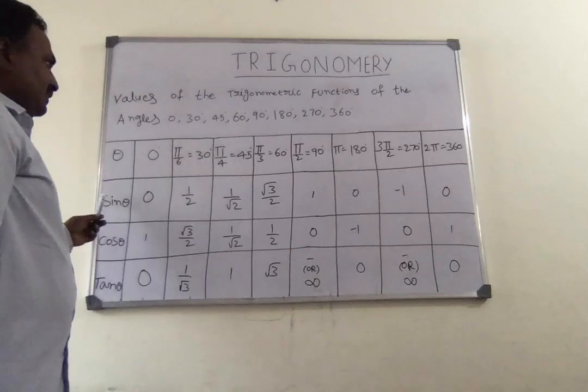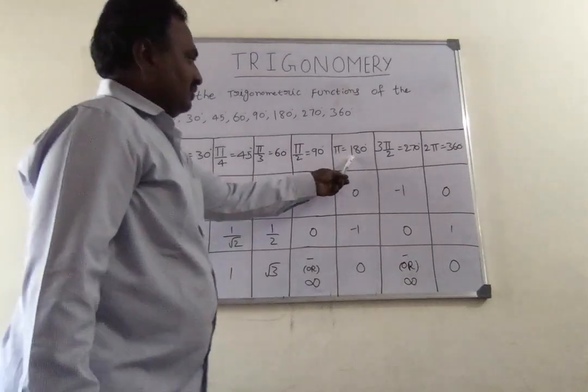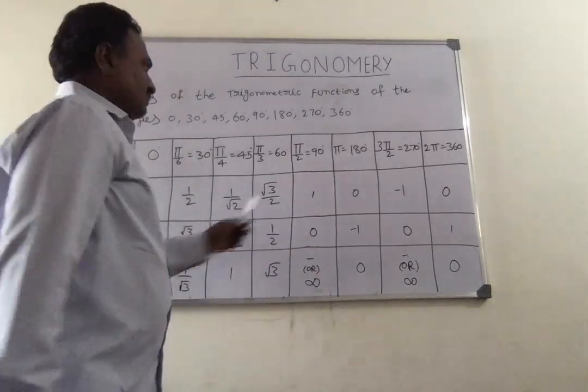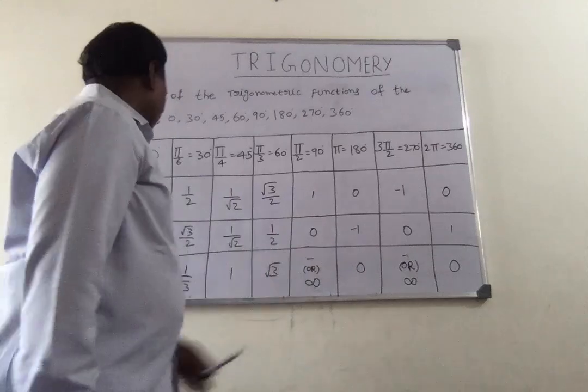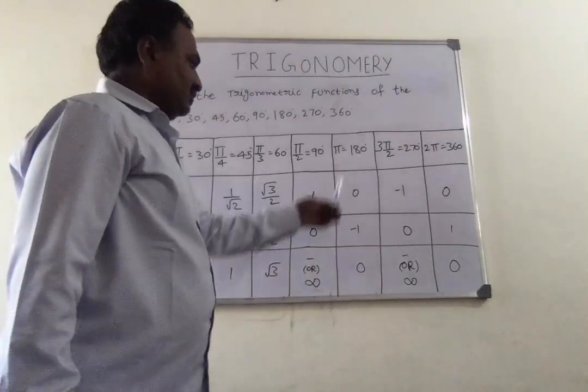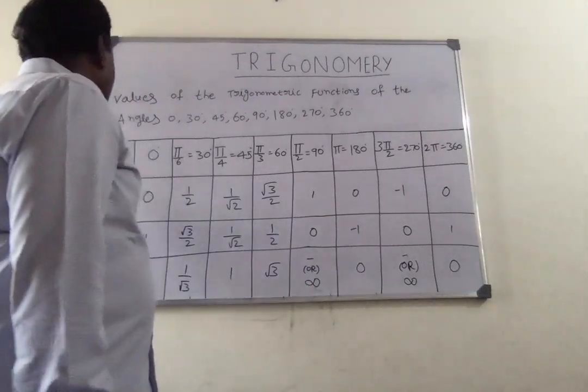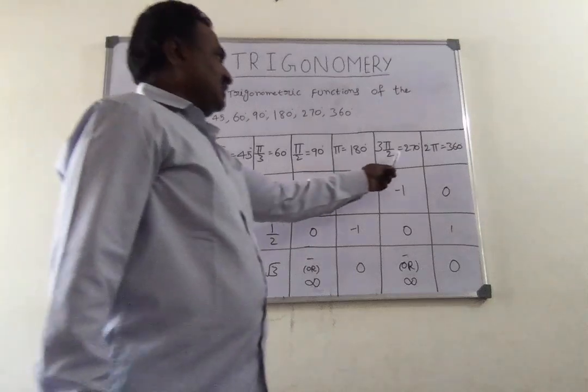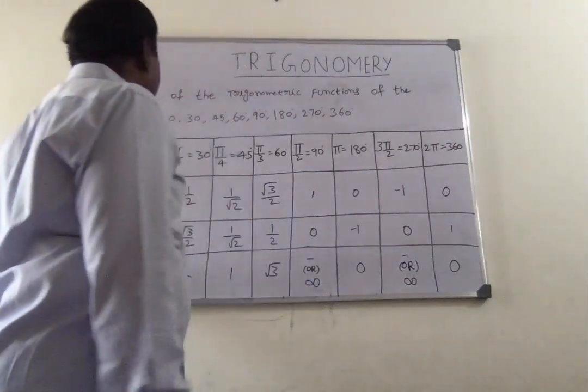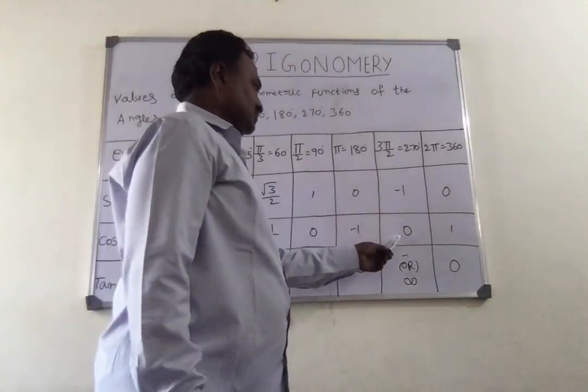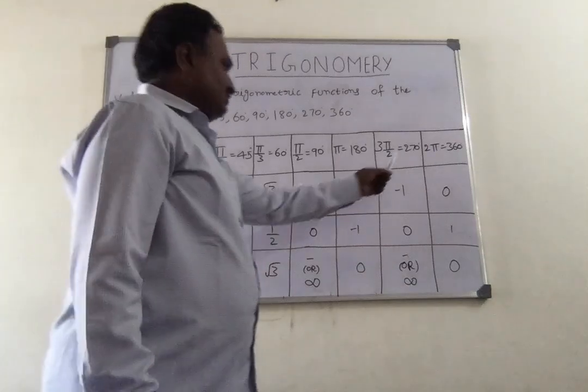And similarly, sin 180 degrees equal to 0, cos 180 degrees equal to minus 1, tan 180 degrees equal to 0. And similarly, sin 270 degrees equal to minus 1, cos 270 degrees equal to 0, tan 270 degrees equal